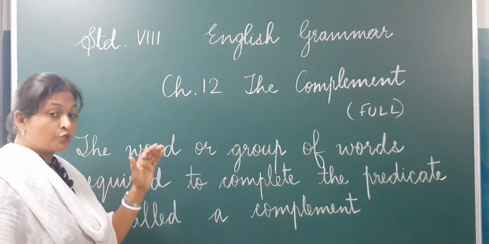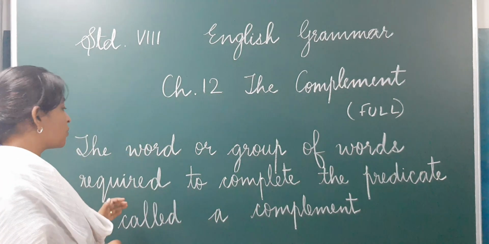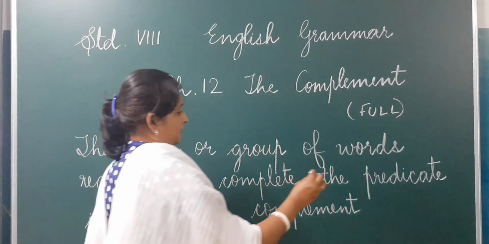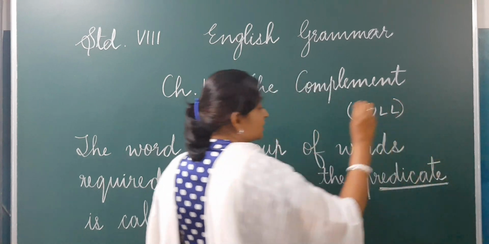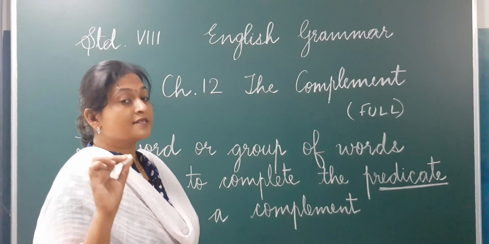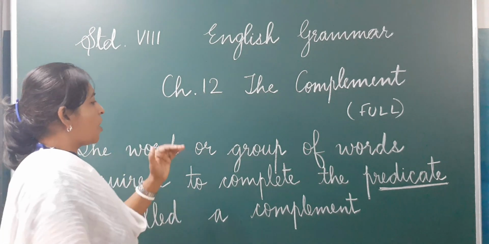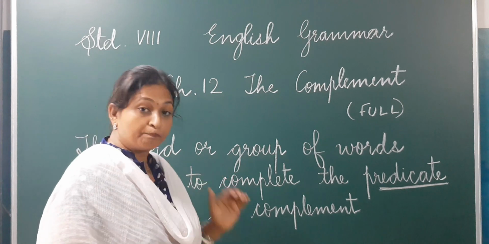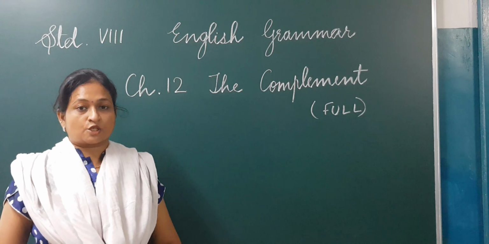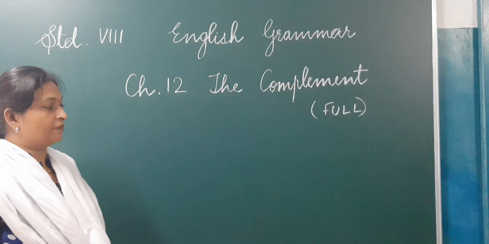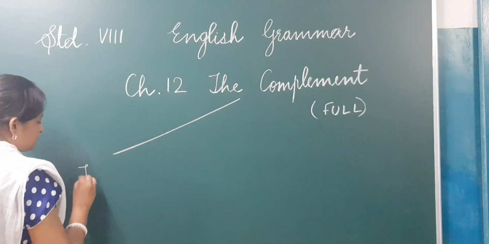The word or group of words. Okay, it can be a single word, it can be a phrase also, required to complete the predicate. So one thing is for sure, that this complement you will always find in the predicate part, not in the subject. I read again, the word or group of words required to complete the predicate is called a complement. Now in this session, I'll be covering the complement, and mainly I'll be completing the subject complement